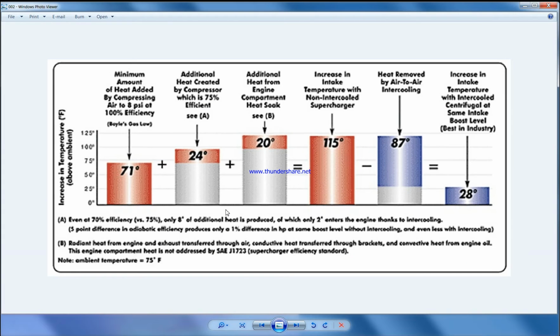So now, on a forced induction car, what you see here is the temperature rise above the ambient. Let's say in Qatar, it's like 40 degrees here, and whatever you see, it's plus 40 plus whatever degrees shown here. So this is an example for a forced induction car, because it's most commonly used on forced induction cars. On naturally aspirated cars, nowadays people don't use it because it's worthless. So when the air is compressed, its temperature is increased based on the pressure. How much is the temperature rise? It's based on the pressure. So here, let's say we are increasing the pressure by 8 psi, so the temperature is rising. Basically, the idea is when we increase the pressure,